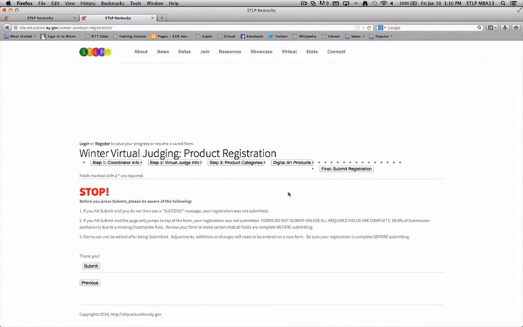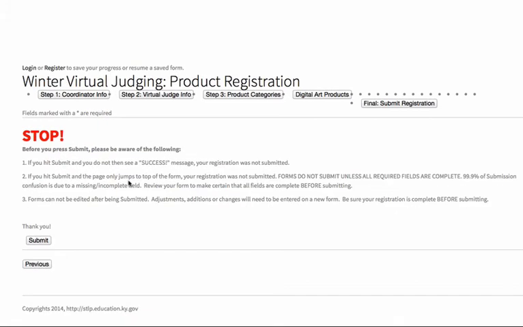Okay, so now we're at the submit registration page, and we want you to pause here and make sure that you have a few things taken care of. Number 1, before I hit submit, just know that if I hit submit and I'm not taken to a success page, something's wrong on my form. I've missed one of those required fields. And there are only required fields in step 1 or 2, so go back and make sure you filled all those in. 2,